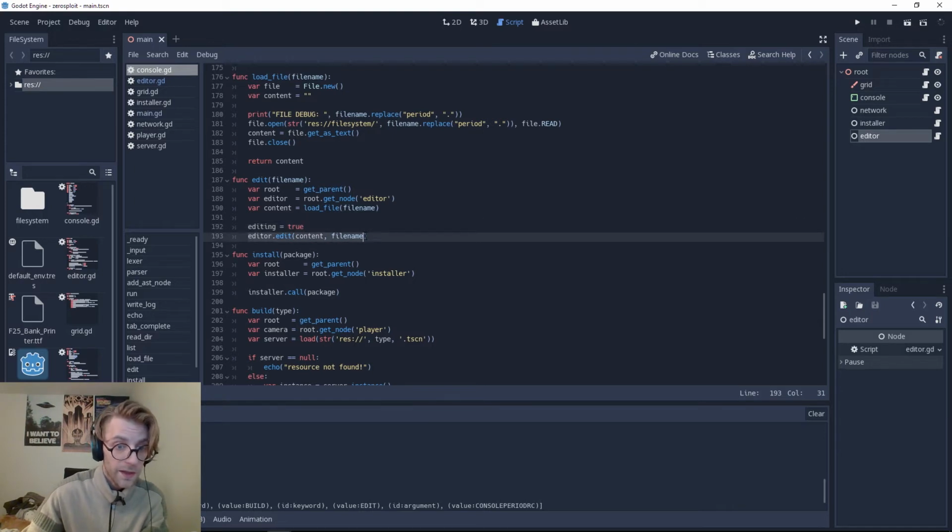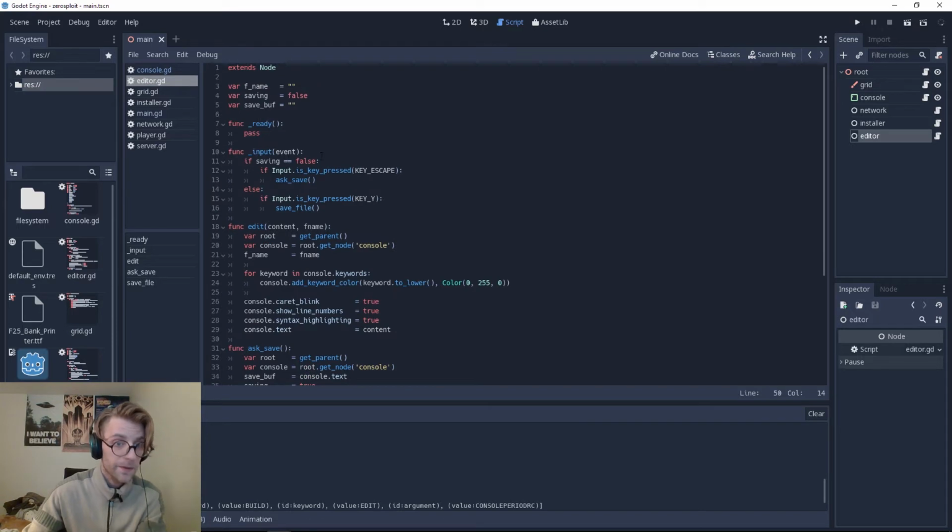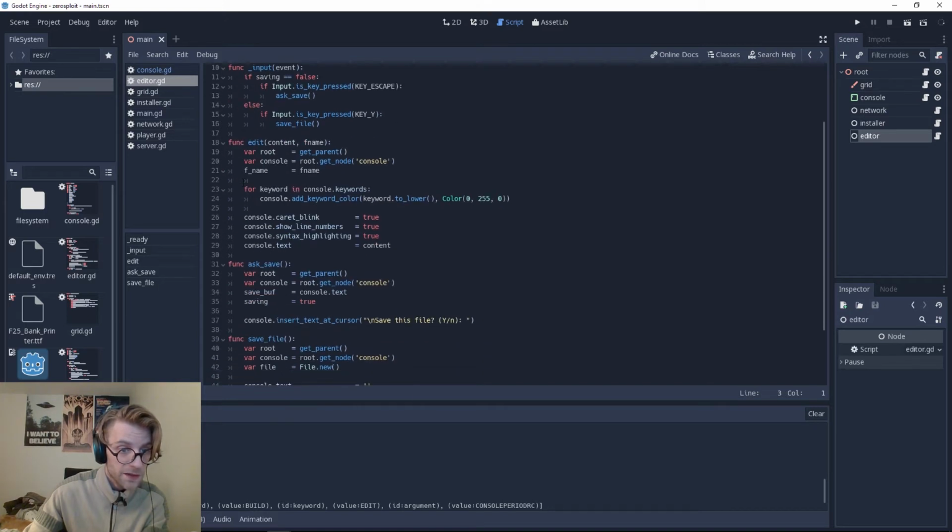And we call on the editor, so on this node with this script that we got right here, we just call edit, we pass in the content and the file name. So here we have the editor script, has a few global variables such as the file name, whether or not it's in a saving state, and the saving buffer. We'll get into the input section soon. So we called the edit